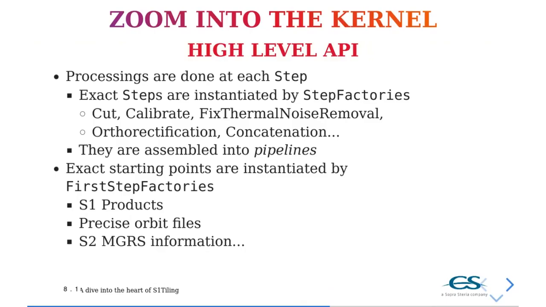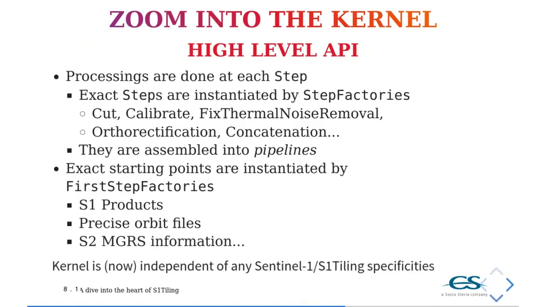And also need something else. I need to say, okay, my system has inputs. These inputs have been abstracted through first step factories. And through that, I can automatically download Sentinel-1 products. I can automatically download precise orbit files, or I can inject metadata, meta information about the S2 tile I'm working on. And now I have a kernel that is completely independent of what a Sentinel-1 file is, of what Sentinel-1